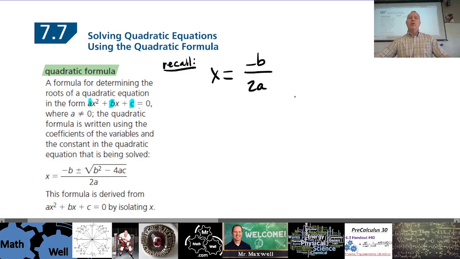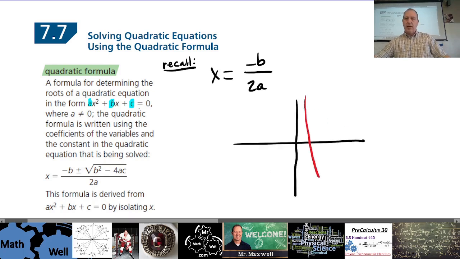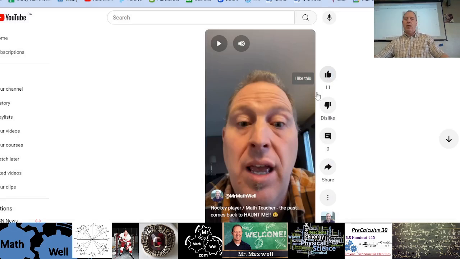Very good. So if we have a parabola, and I have a parabola that looks like this, let's say, this x equals negative b over 2a will give us the